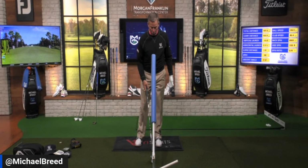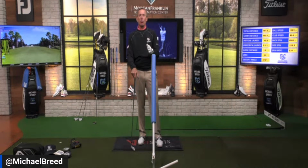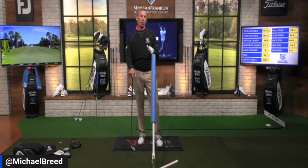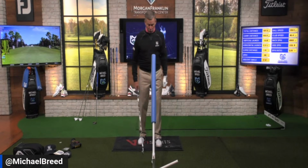Now, what does it look like when we put the sway in the wrong spot? I'll specifically talk about the sway being in the wrong spot at the start of the backswing. Because if you sway at the start of the backswing and you don't create the turn, your golf swing will end up being sway, turn, and then it might be a sway. So you might get sway, turn, sway, or it might just be sway, turn. If I sway